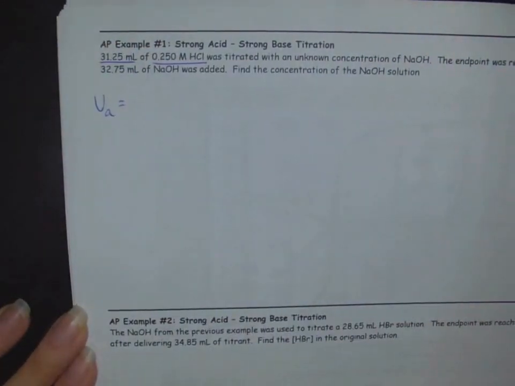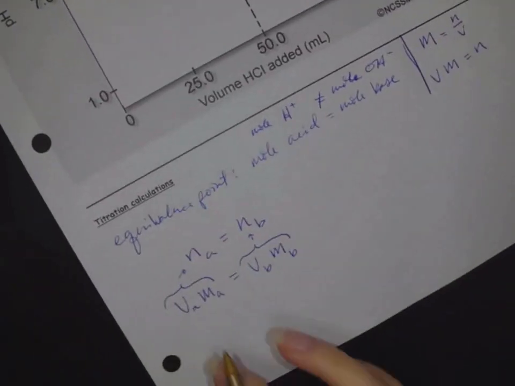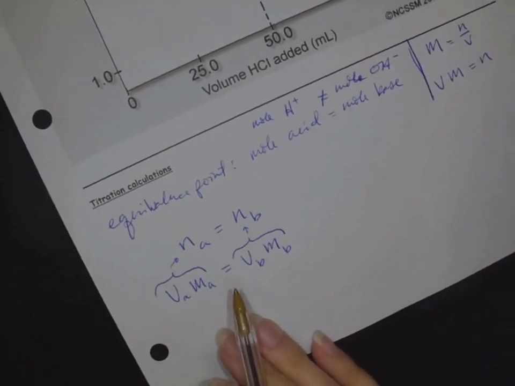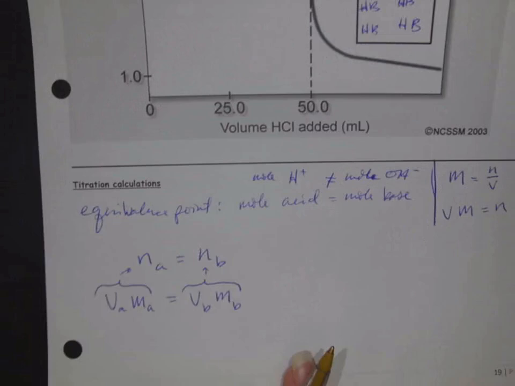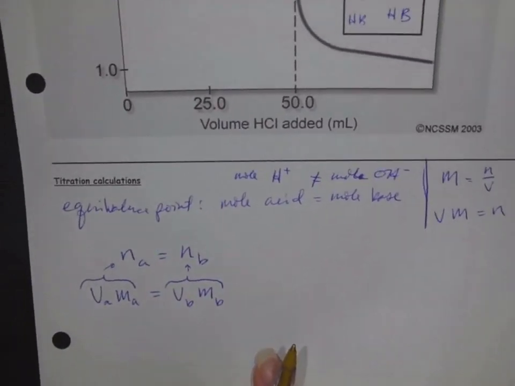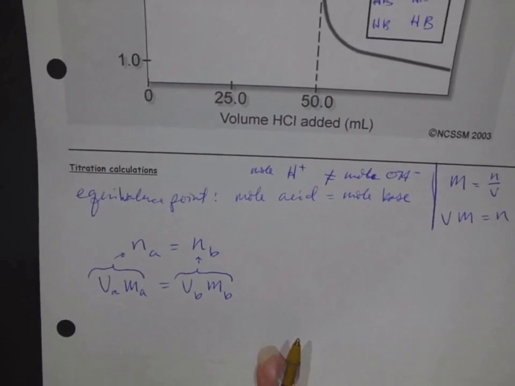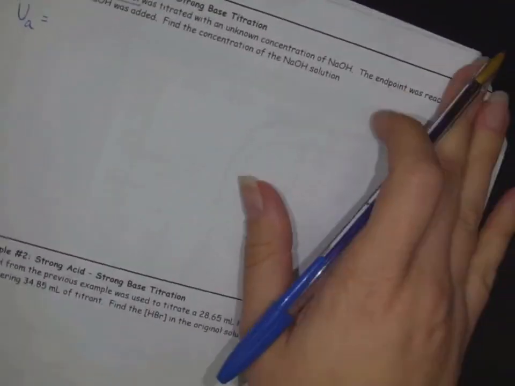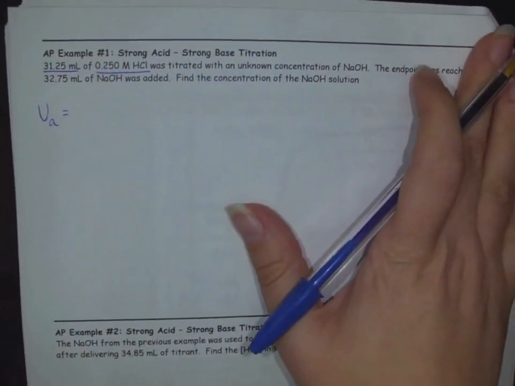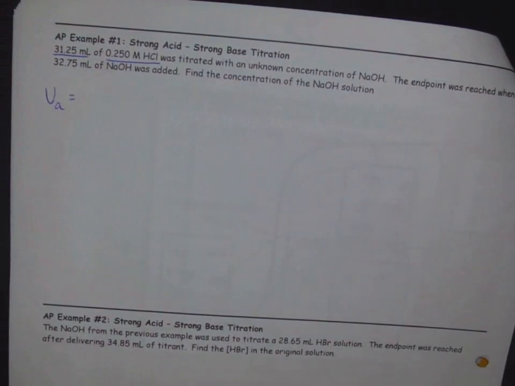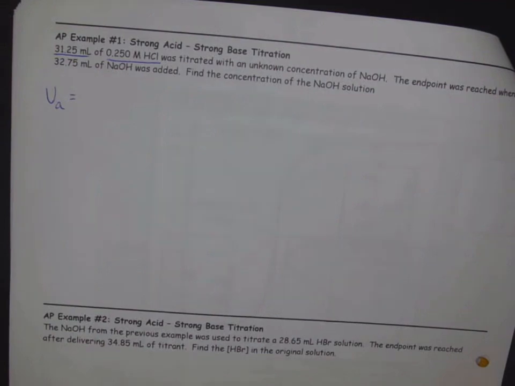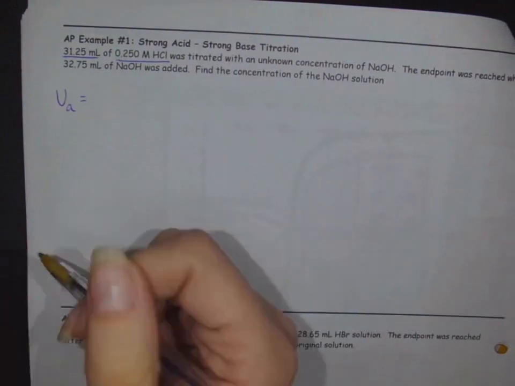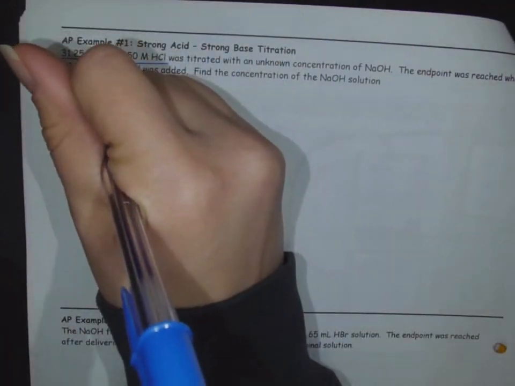Now, if you're dealing with 2 volumes that are the same units, then you don't have to change their units. But I need you to be really careful because there are absolutely scenarios and equations where you have to change it to liters, and this is one of the few times that you don't, but it's not going to give you the wrong answer if you do convert it to liters. And so out of habit, I find that I just convert them to liters, and that way, no matter what the scenario is and which equation I'm using, I know that I'm okay, that I'm not making a mistake by leaving it. So like this one in liters would be